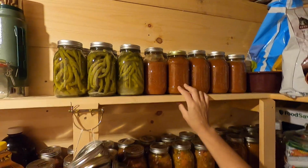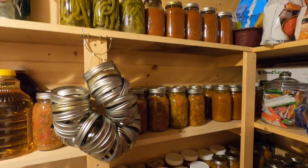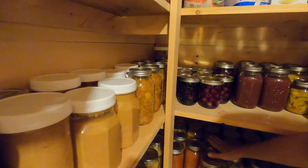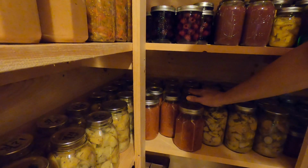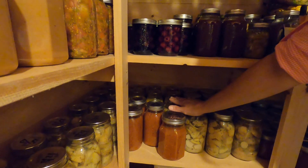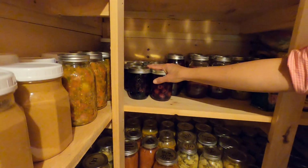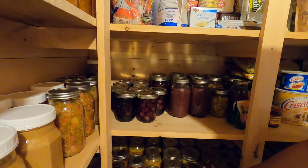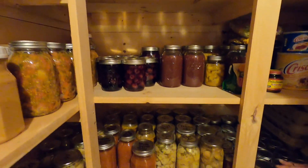So I also made some tomato soup in there, somewhere's tomato soup. I got more pasta sauce here. We made a stew. Mr. Howell made a stew from some of our meat from the pig that we harvested. So there's that. We've got cherries, and I believe this is blueberry applesauce, more potatoes,